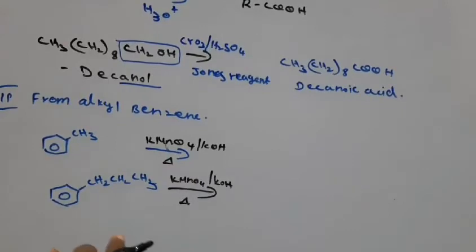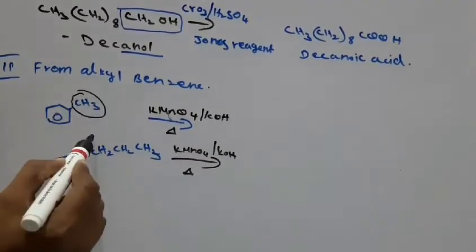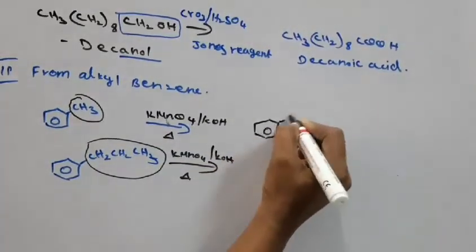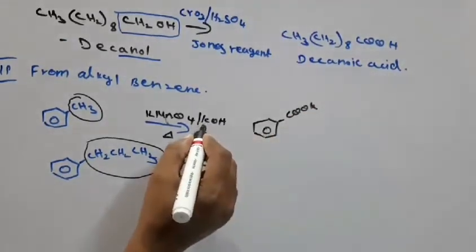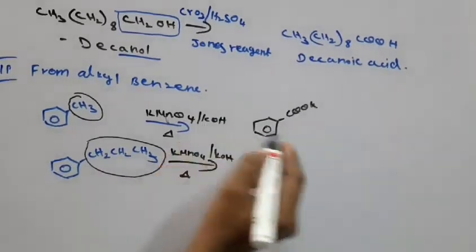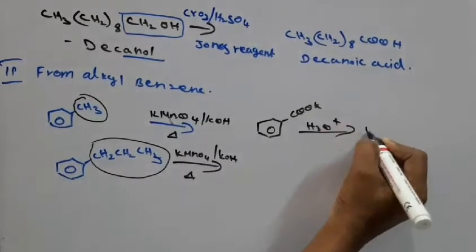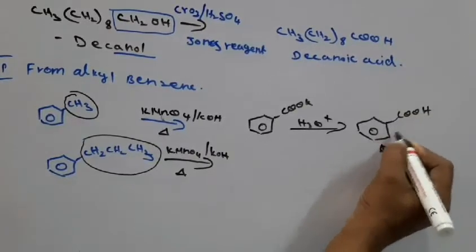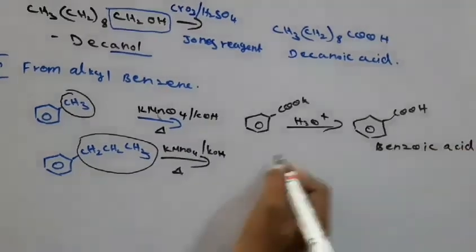Vigorous oxidation means the oxidation reaction takes place strongly. This alkyl group gets converted to produce salt, COOK or COONa, sodium salt or potassium salt. If we take potassium, that is potassium salt. If we take sodium, sodium salt. Then hydrolysis takes place and it gets converted to produce acid. This is benzene with one acid group, so that is benzoic acid.